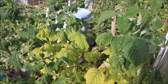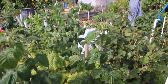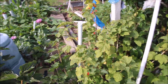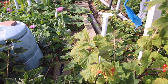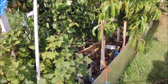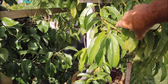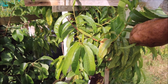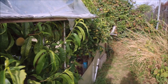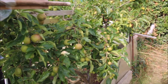They're superb. I'm looking forward to picking these raspberries because they're looking good. That's an autumn raspberry. Then the red currant bush, I've picked so many red currants. It's just a single bush that I transplanted from where we've had them for years. Pear tree's looking good. The peach tree's doing well. By covering it, I've kept the rain off. Not that we've had much rain, and touch wood, I seem to have kept the leaf curl at bay. Apple tree, I've been thinning these out,